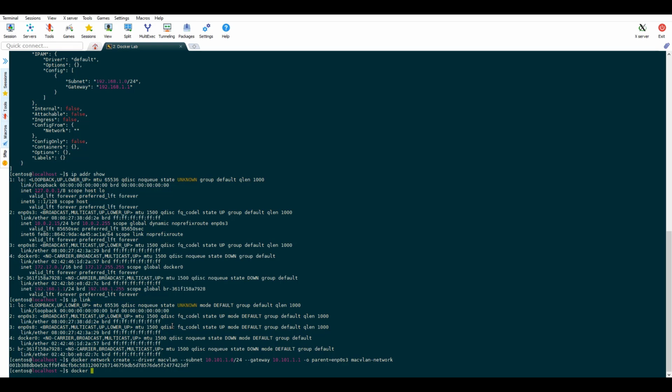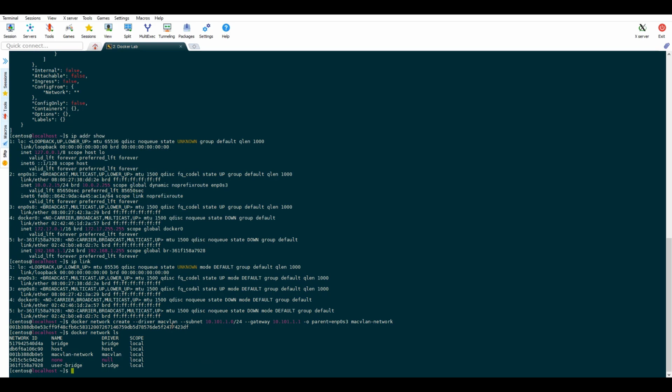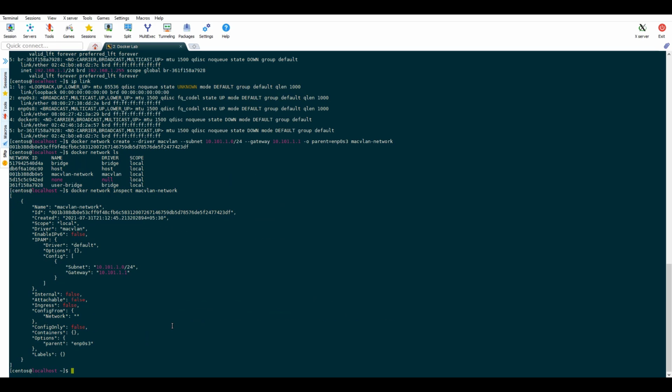Now if we do Docker network ls and list the created networks, we will see that a new network, MacVLAN network, has been created. Now we can perform Docker network inspect on the network. Here we can see the subnet and the gateway are populated.